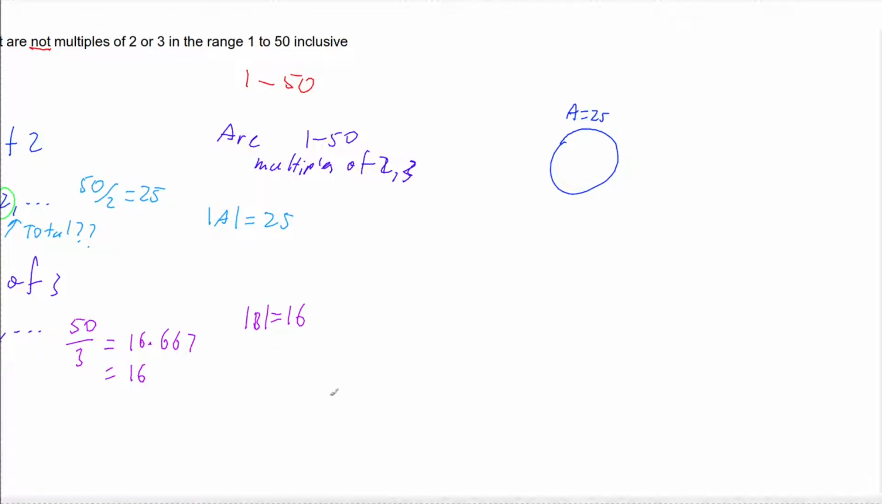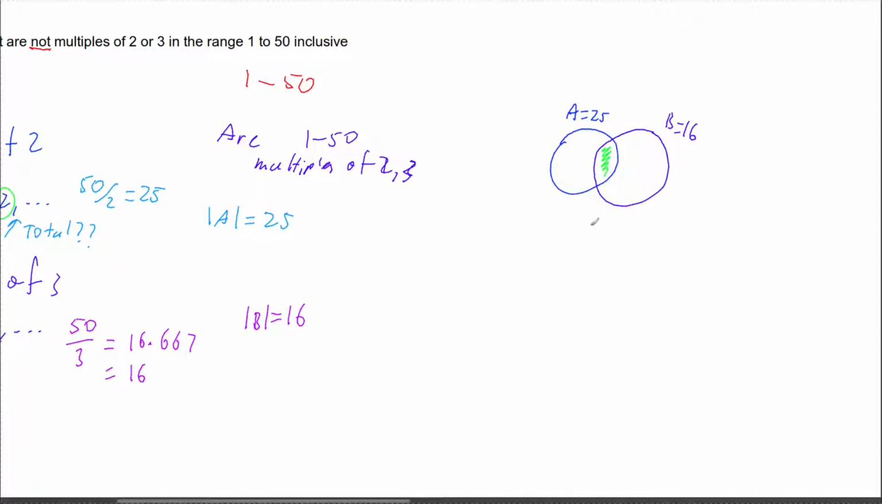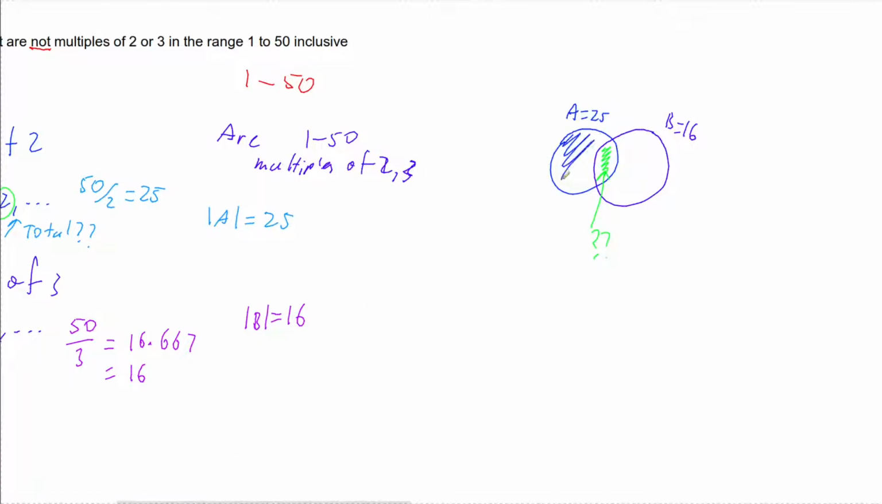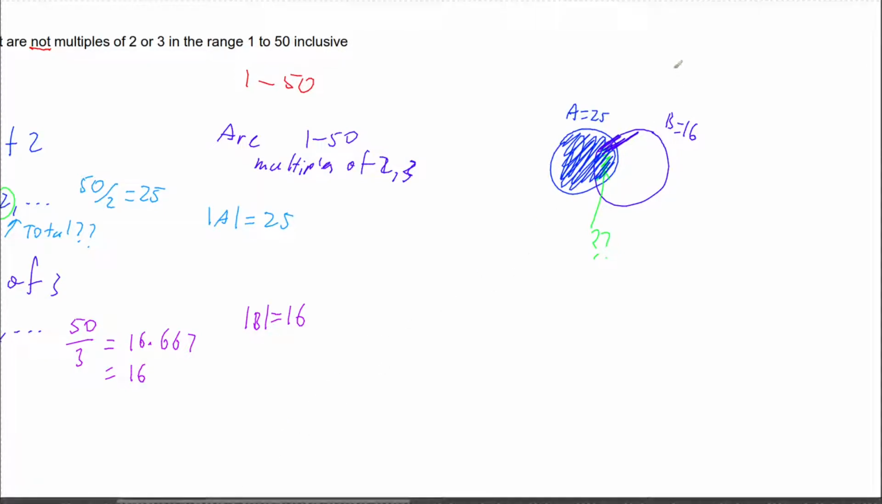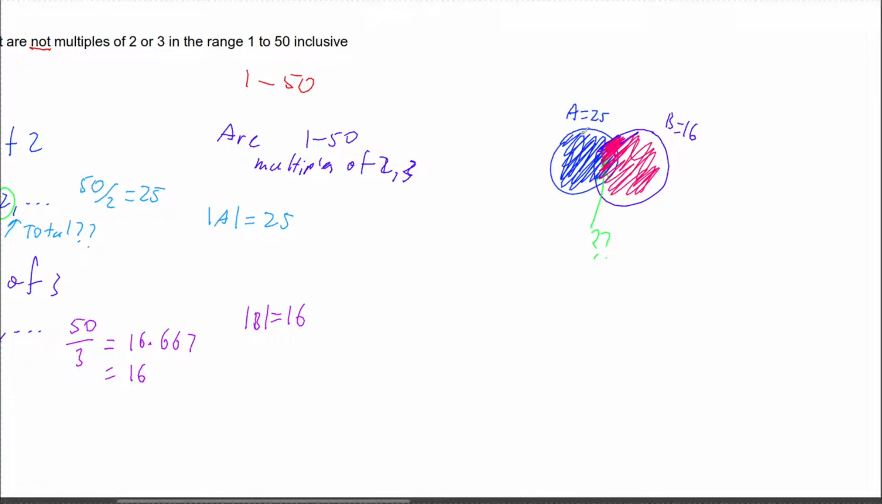So then if I have a look at set B, I've got 16 numbers in here. But as I said, I've got some duplicates in the middle, and I'm going to need to know how many are in here, because I've got 25 in this entire blue circle. So if I shade in the whole blue circle, there's 25 numbers I've just shaded in there. And then if I shade in my purple circle, I might just use a different color for ease. If I shade in my other circle, I've got 16 numbers in here, but I've counted this bit